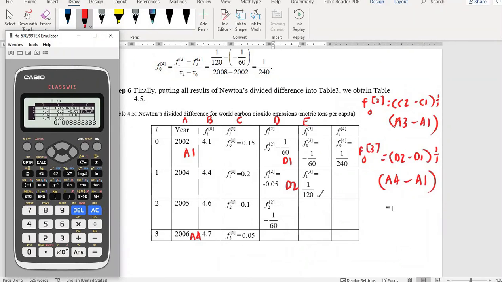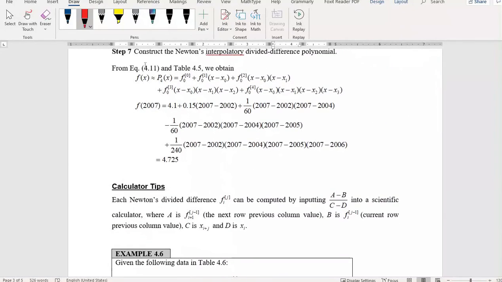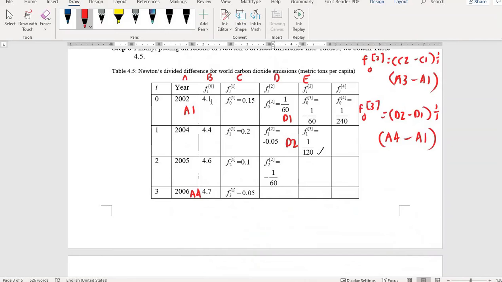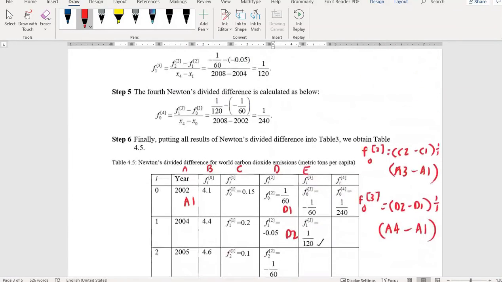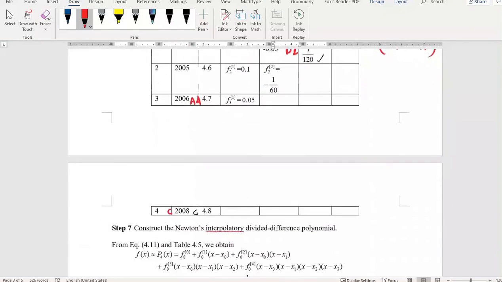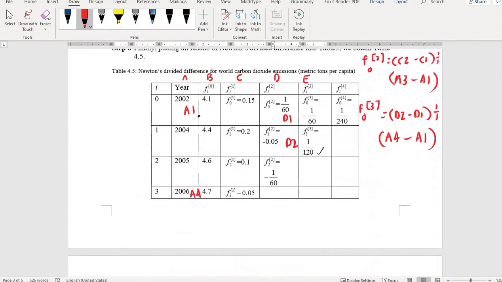After you get the Newton divided difference, you construct your Newton divided difference polynomial. Plug in all the corresponding values. Actually, you take all the first row, the 0 row, in F node, plus this value 4.1, plus this value 0.15. And then you want to estimate at 2007, so plug in x as 2007 minus the first value starting here, minus